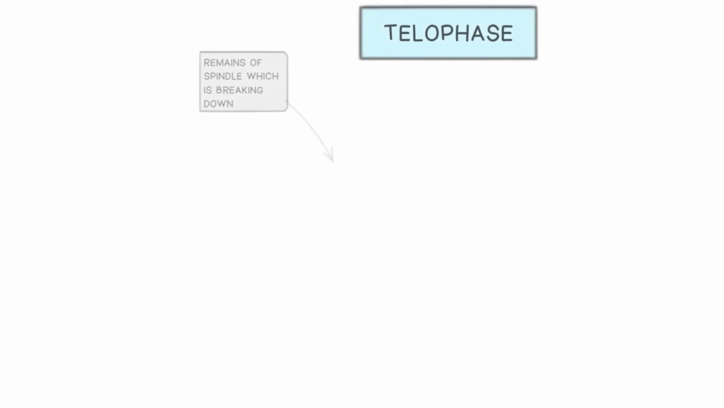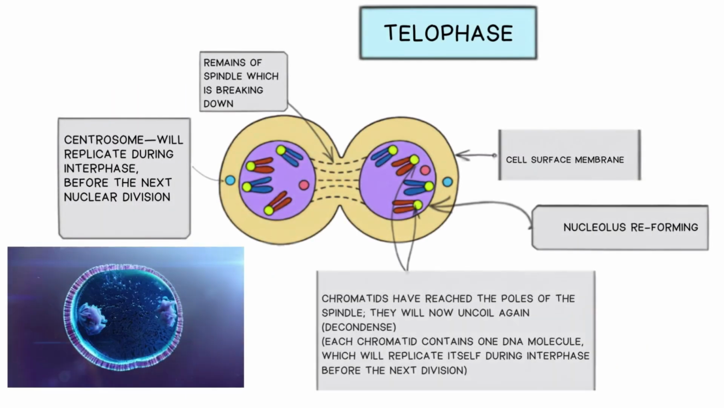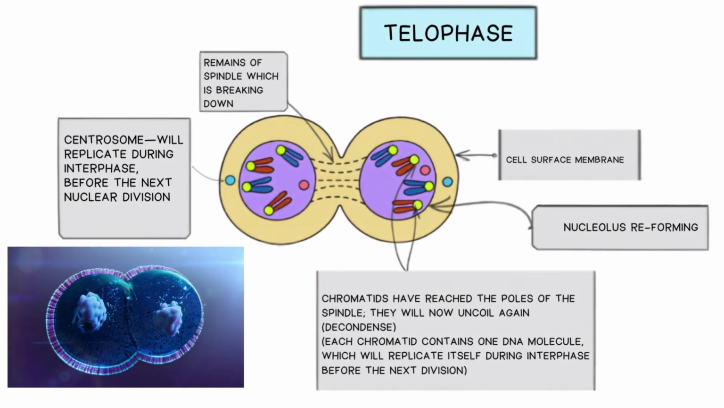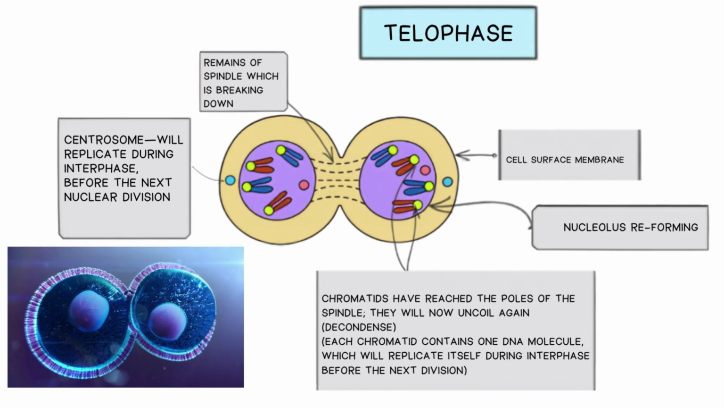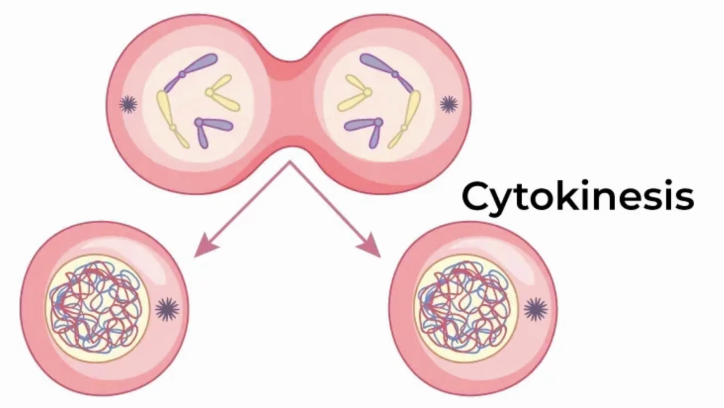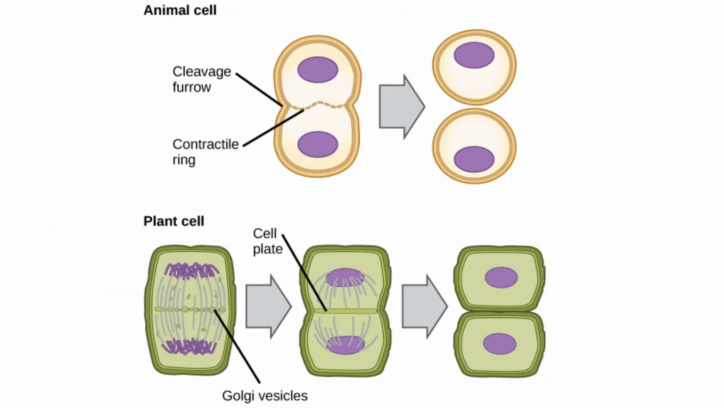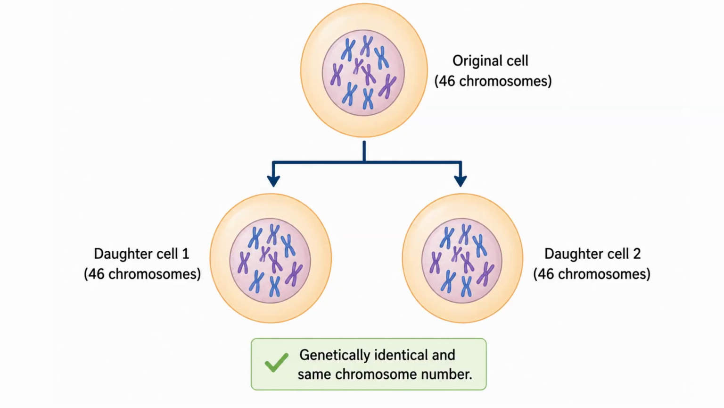fibers. During telophase, chromosomes reach the poles and begin to uncoil back into chromatin, while new nuclear membranes form around each set of chromosomes. Finally, during cytokinesis, the cytoplasm divides, producing two separate daughter cells. In animal cells, a cleavage furrow forms, whereas plant cells develop a cell plate that eventually becomes a new cell wall. The resulting daughter cells are genetically identical and contain the same chromosome number as the original cell, for example,